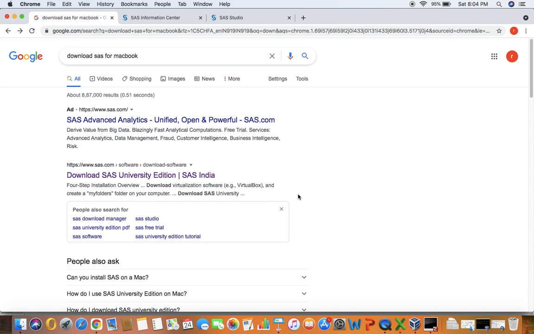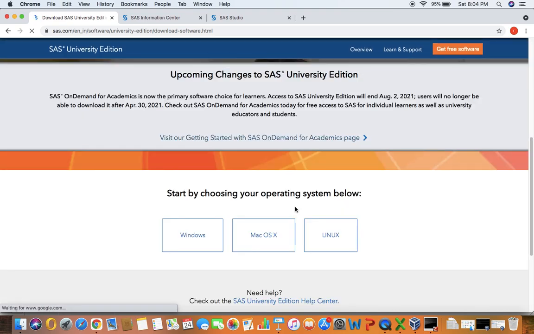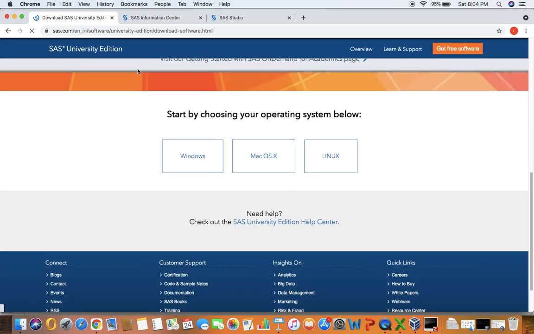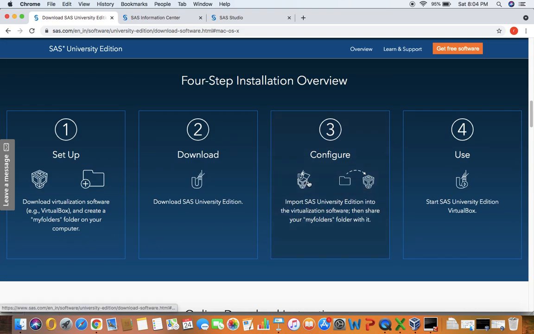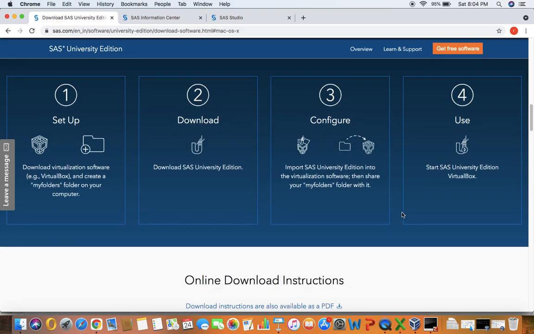Whatever is your system, you can use it for that particular OS. So I have clicked here download SAS University Edition, and here full guidance is there. I have given this link in the previous video as well. Now I have clicked on Mac OS X. Then here all the steps are given.